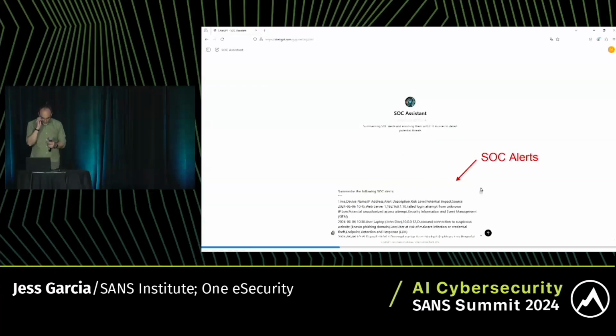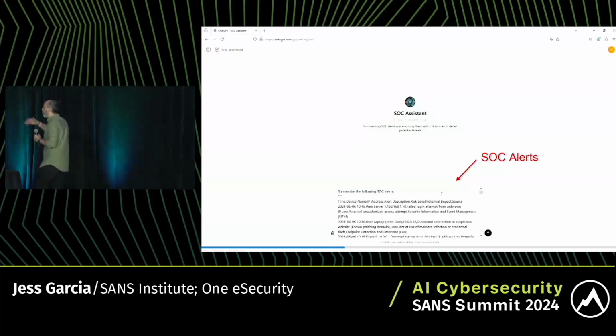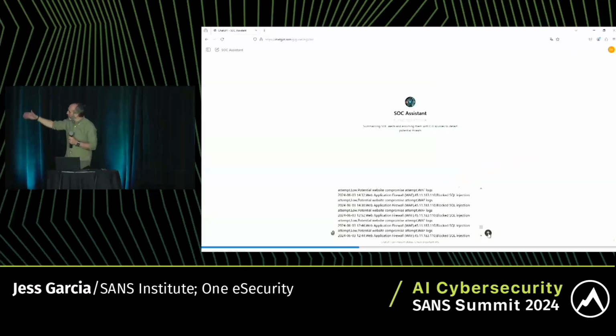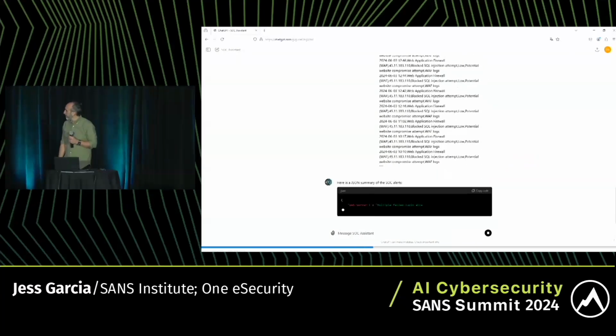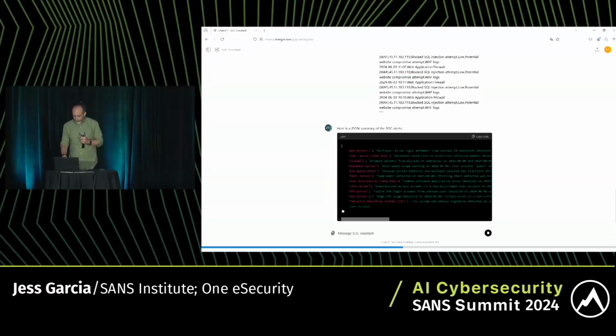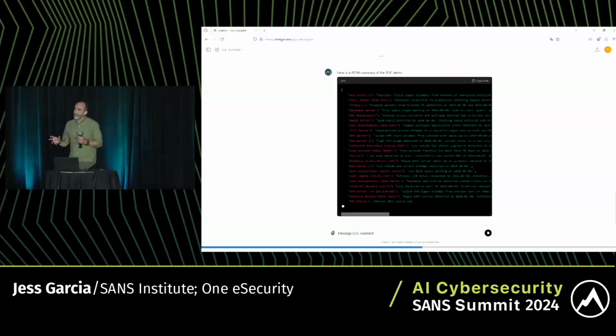What I'm going to be doing now is what I was saying before, right? I have a number of alerts that my SOC has not been able to analyze, and I want to know if those alerts are relevant, if there is something interesting there, or at least have an overview of all these alerts. What's in there? What type of alerts am I suffering? If there is something which I should know about. As you can see, I'm pasting all those alerts in my interface, and I already asked it to summarize those alerts. And as you can see, it's actually organizing and classifying all those alerts